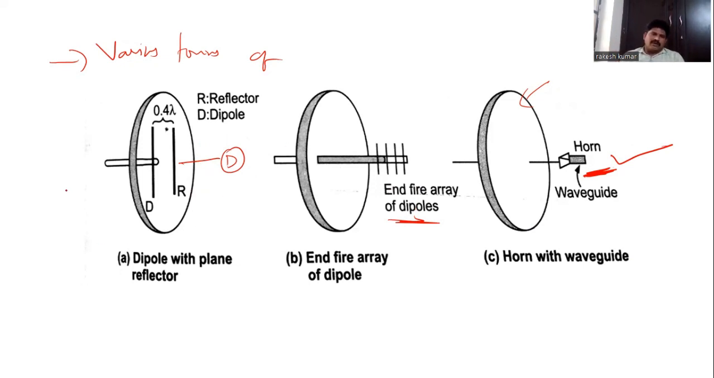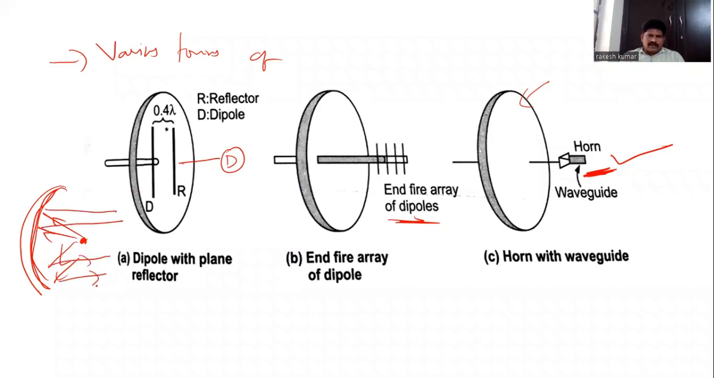For any parabolic reflector, we keep the primary antenna here. For example, this is my primary antenna. It will send the signals onto the reflector. Once the signals fall on the reflector, all the waves travel in the same direction, forming a plane wavefront. So these are the various